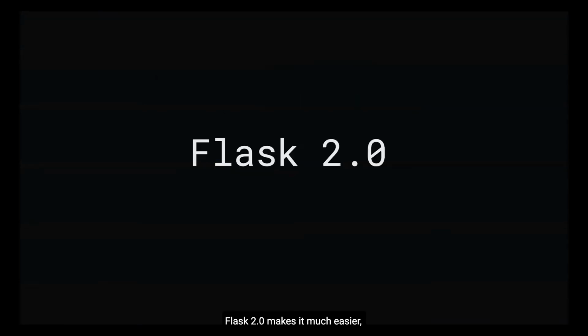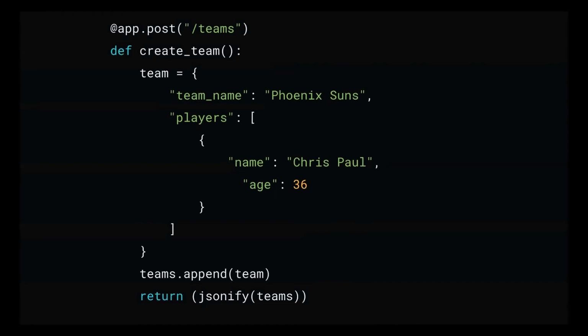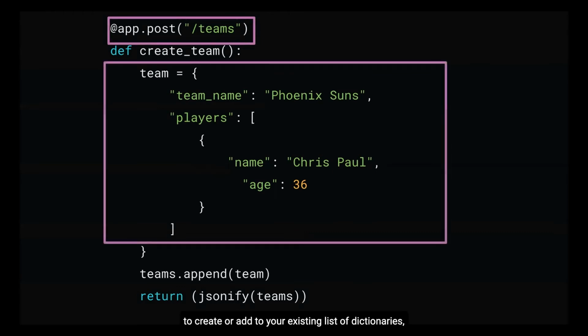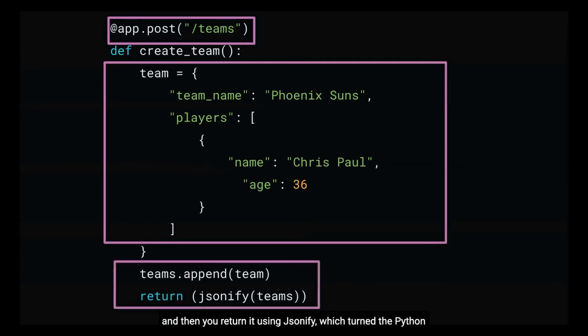Flask 2.0 makes it much easier, just like we saw with our GET request. All you have to do is specify the HTTP method post in the decorator. Okay, and this is a new team that you would like to create or add to your existing list of dictionaries. And then you return it using JSONify, which turns the Python dictionary into JSON